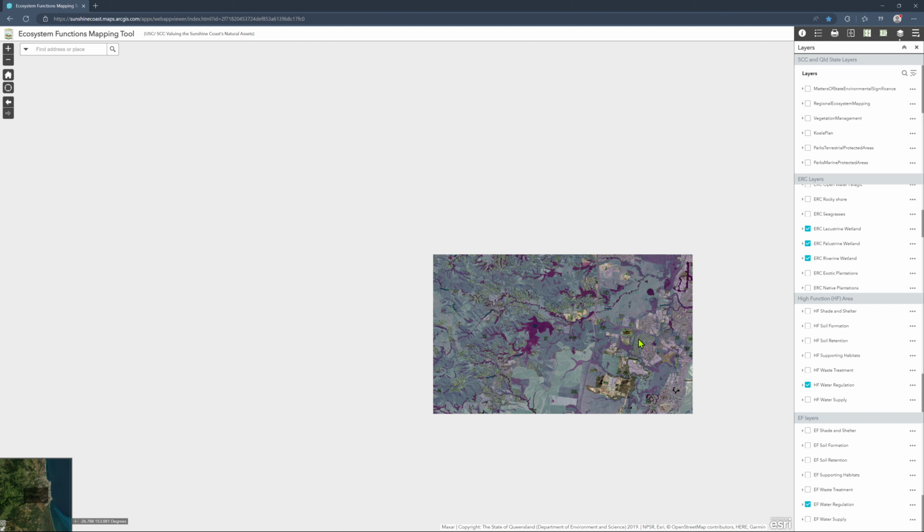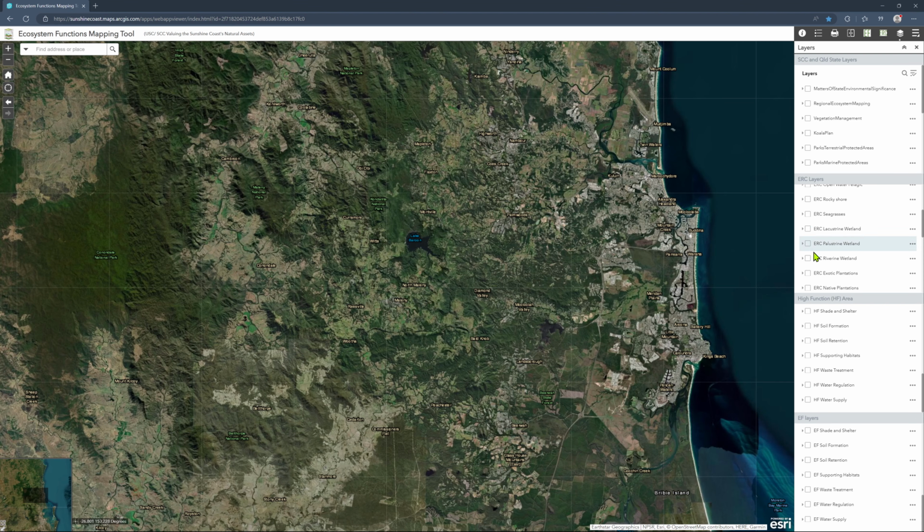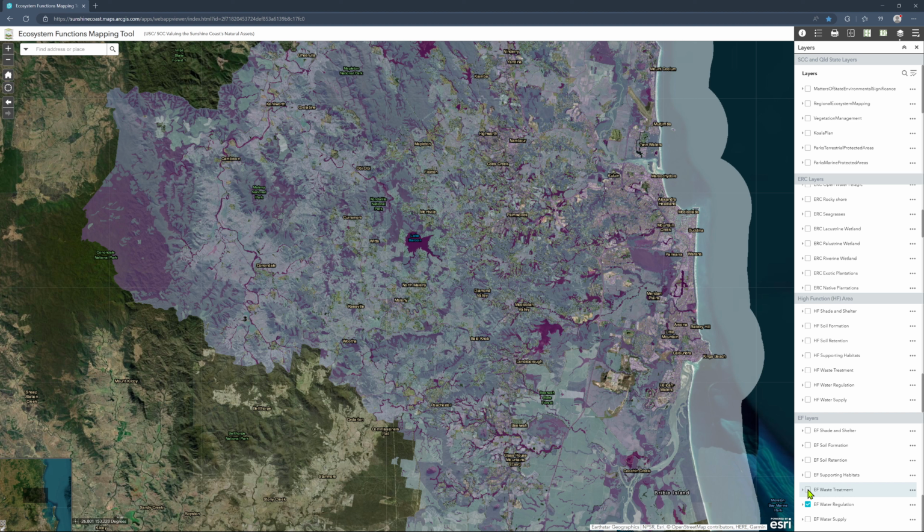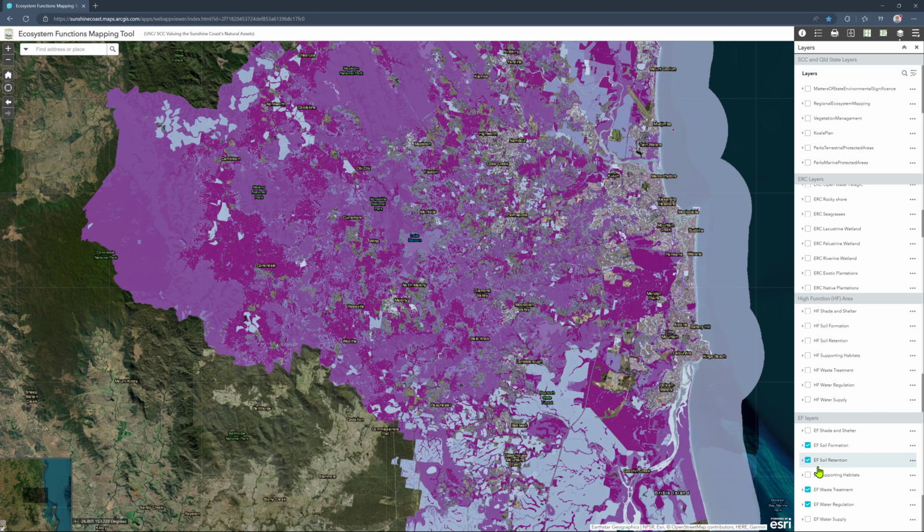Perhaps before I go from this example, I wanted to highlight that we can map not only different, individual ecosystem functions, as I've just done there with water regulation, but we can in fact overlay multiple ecosystem functions, which are themselves derived from the method that I've previously described. So for instance, if we were interested in water regulation and the function waste treatment, we can put those on top of each other. Perhaps we're interested in soil retention as well, or soil formation. We can keep adding those on. And the method in the background that's occurring there, I'll show you, is